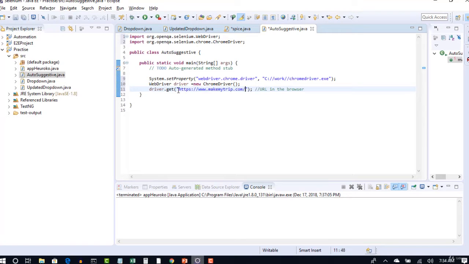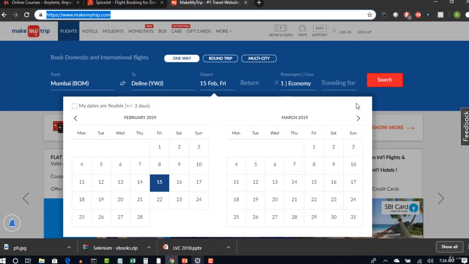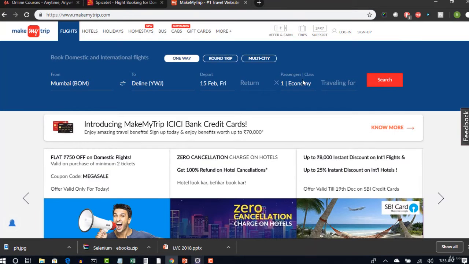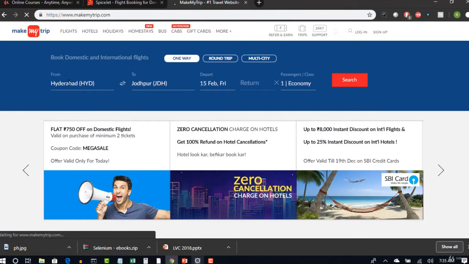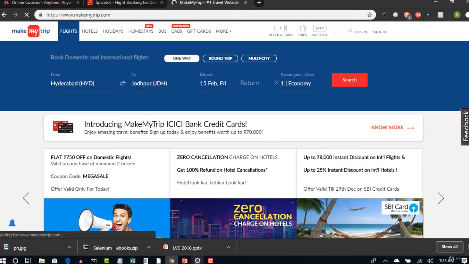It's very simple. We just need to replicate our manual actions. So by default, when you open this website, sometimes there will be a default city selected. I'm not sure why, because earlier I booked a flight from Hyderabad to Jodhpur.